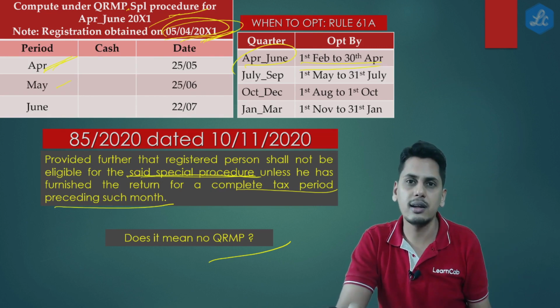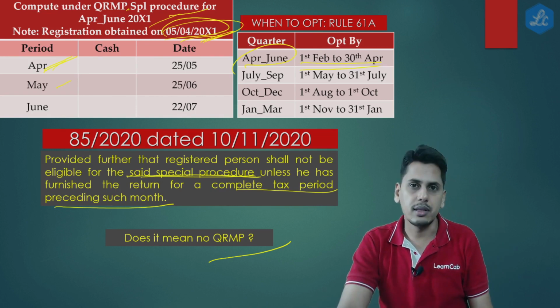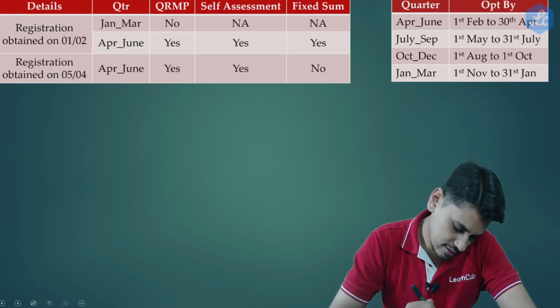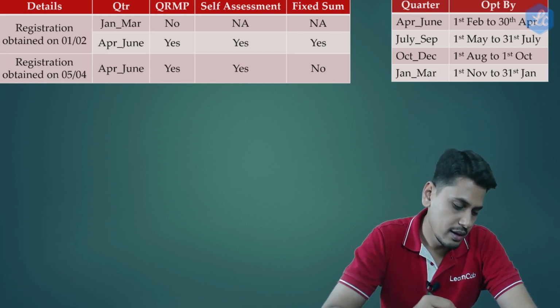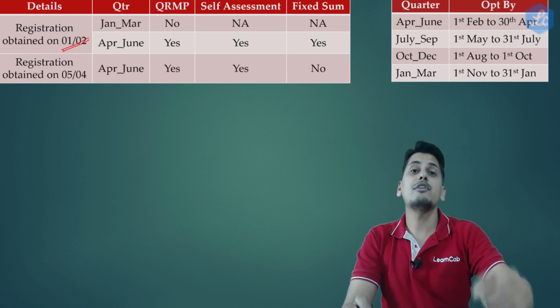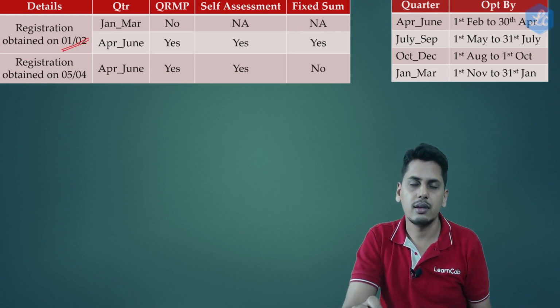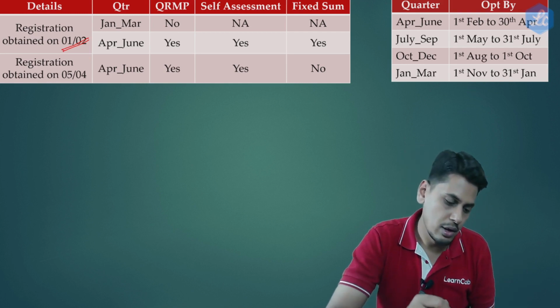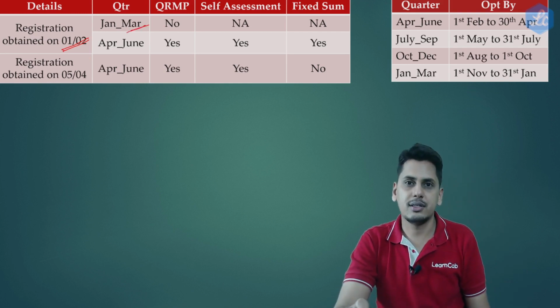He has to pay under the self-assessment method. So friends, let's try to enhance our understanding. If the registration is obtained on 1st of February, for the quarter January to March,